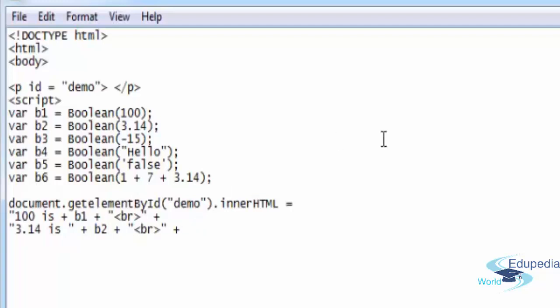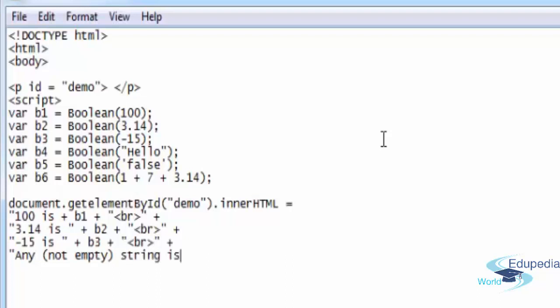Minus 15 is plus b3, plus add a line break plus hit enter. Any not empty